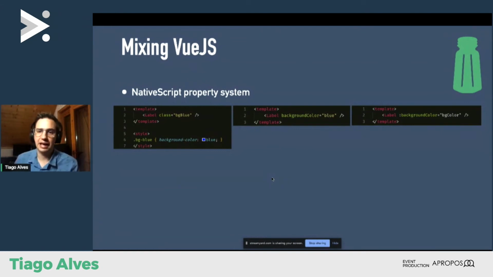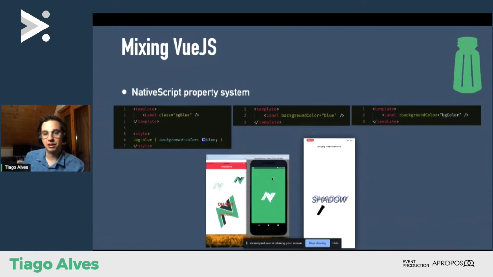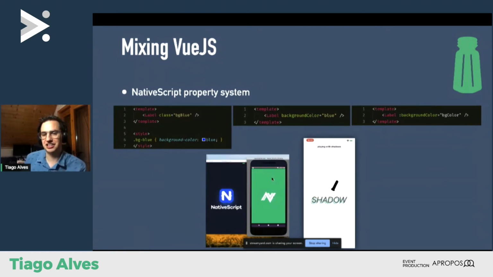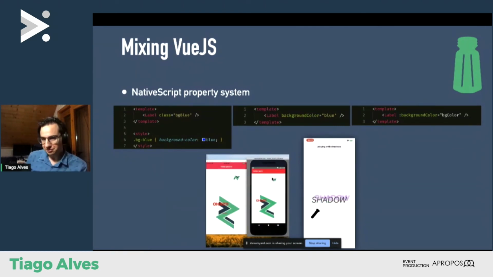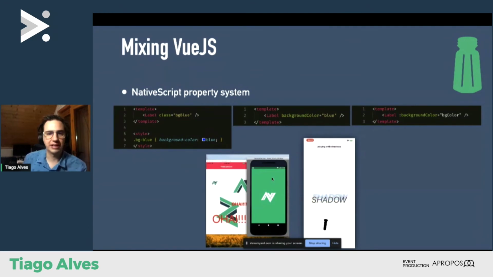And with that, you can do all sorts of crazy things. I have some examples. The shadow example that I showed you before uses this, just attaches the shadow property to some computed property, and also all these animations work directly,